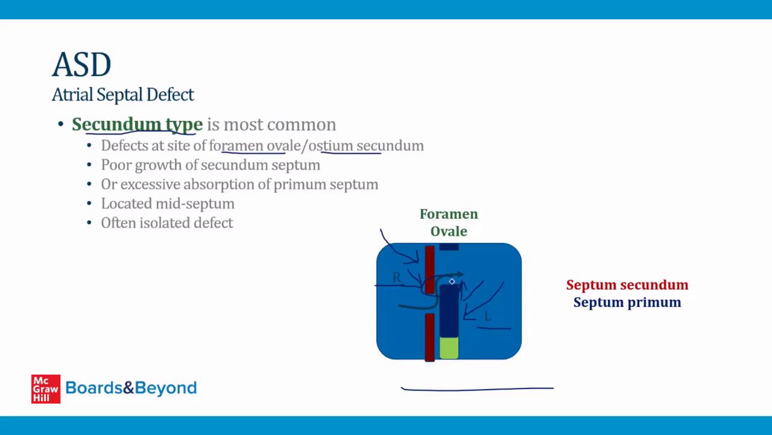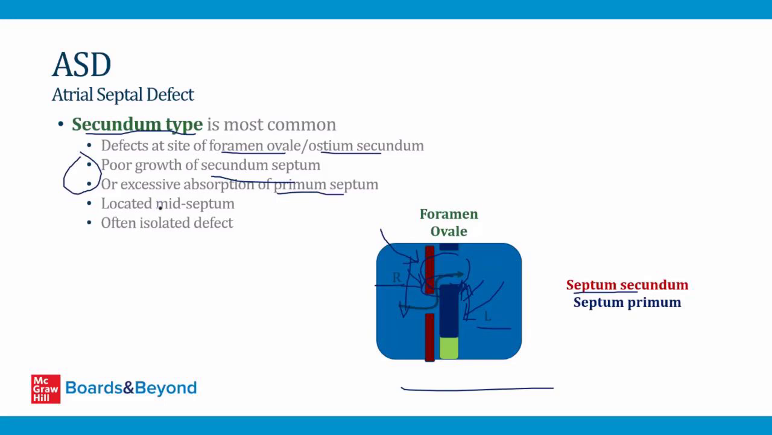So the way you get a secundum type ASD is either the septum secundum doesn't grow down enough like this, or the septum primum doesn't grow high enough like this. This can happen if there's poor growth of the septum secundum, or if there's excessive reabsorption of the primum septum, because this hole forms from apoptosis and death of cells in the septum primum. But the bottom line is, if either of these things occur, then you get a hole between the left and